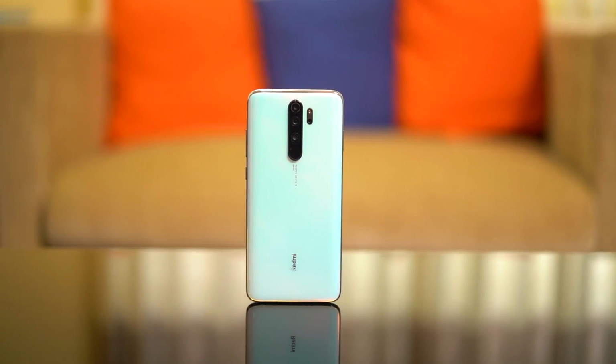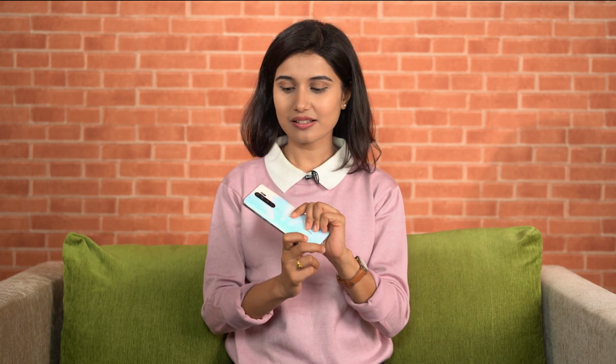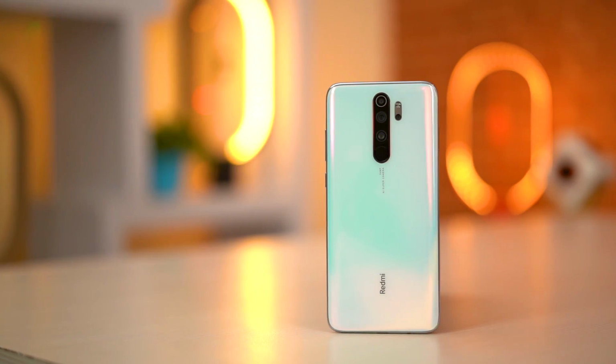The Redmi Note 7 Pro was one hell of a device, and today I have its successor, the Redmi Note 8 Pro. Now, this device has not been launched in many places, so we had to order directly from China, and although it took a lot of time and efforts for this unit to reach us, it was worth it,